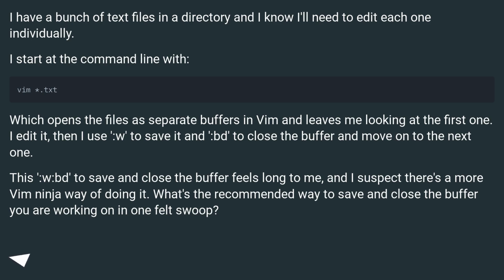I have a bunch of text files in a directory and I know I'll need to edit each one individually. I start at the command line with vim followed by the files, which opens the files as separate buffers in Vim and leaves me looking at the first one. I edit it. Then I use :w to save it and :bd to close the buffer and move on to